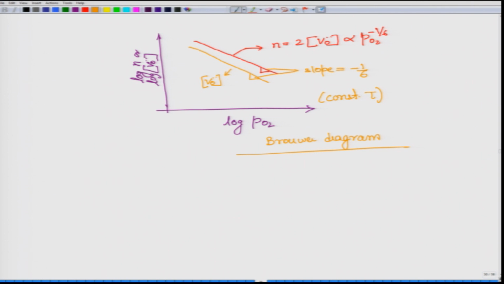So, now that we have looked at different kinds of defects, we looked at different ways of writing them. First, different ways of getting the equilibrium concentration. First, we used the configurational entropy. Second formalism was using it as a defect reaction. So, when you use it as a defect reaction, then using the defect reaction you can again get equilibrium concentration using the rate constant and the equilibrium constant.